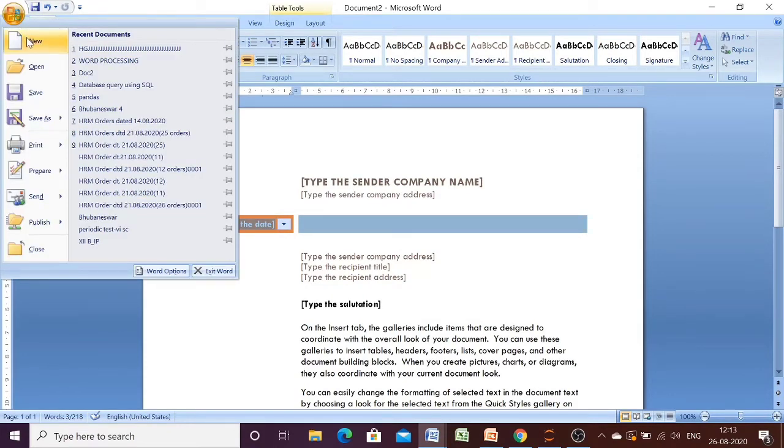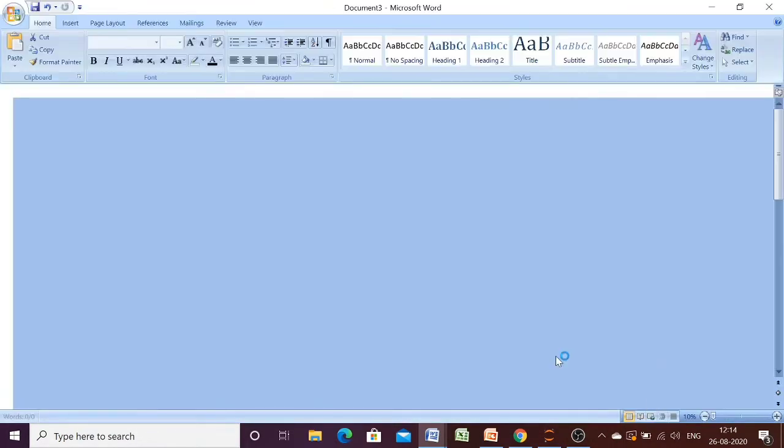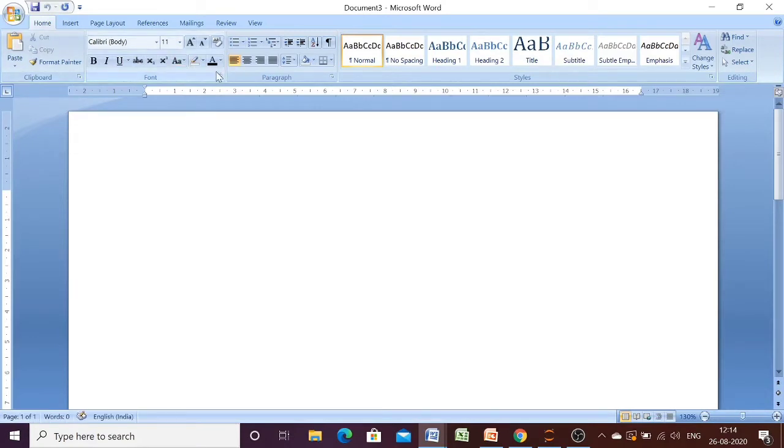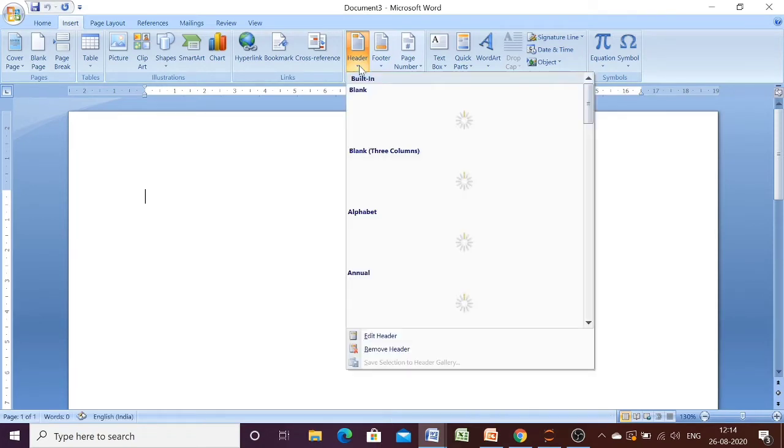For that you have to go to the option New. Suppose take Blank document and Create. You choose any formatting for your template purpose, write anything. Suppose you want to insert a header or footer to a particular template, then you may add the header and footer to your document.